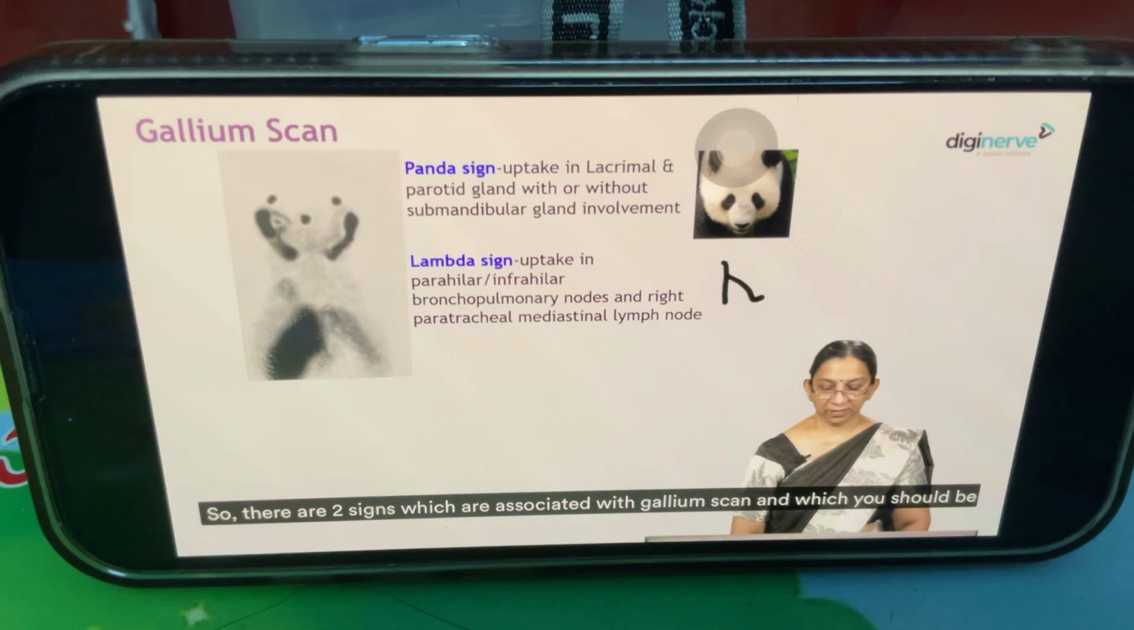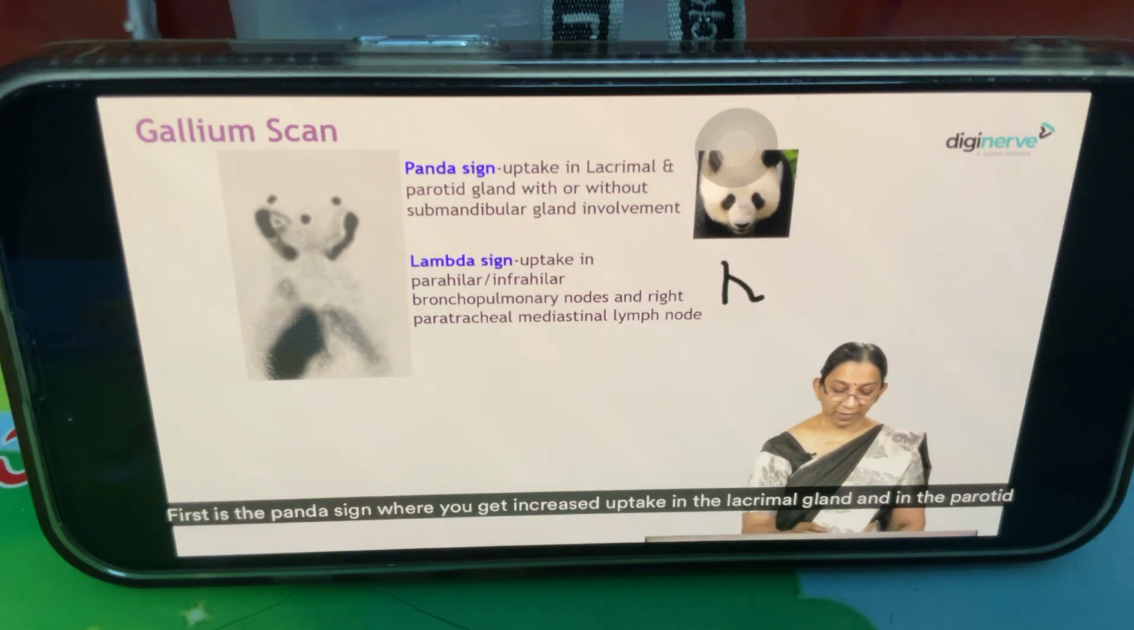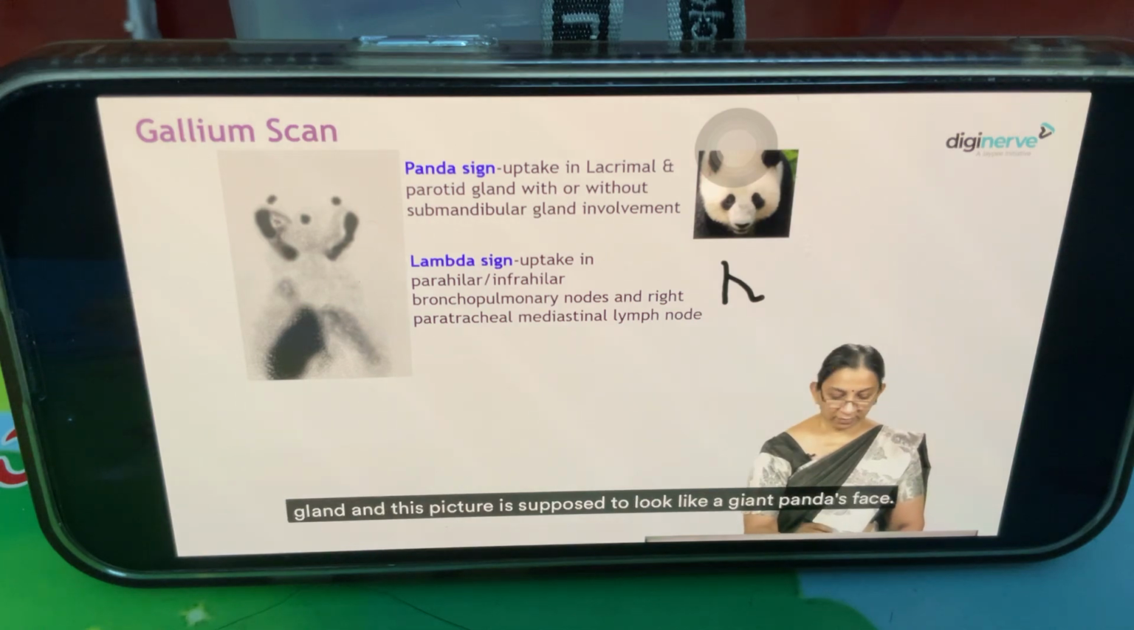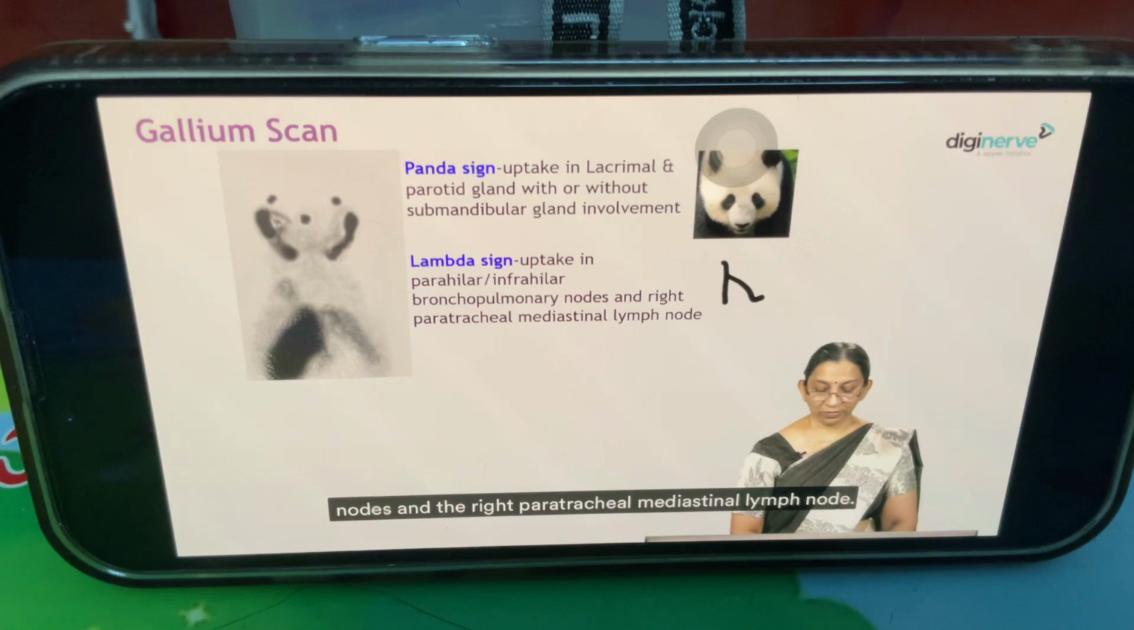So there are 2 signs which are associated with gallium scan and which you should be familiar with. First is the panda sign, where you get increased uptake in the lacrimal gland and in the parotid gland, and this picture is supposed to look like a giant panda's face. The second is the lambda sign, like that, because of uptake in the parahilar, infrahilar bronchopulmonary nodes and the right